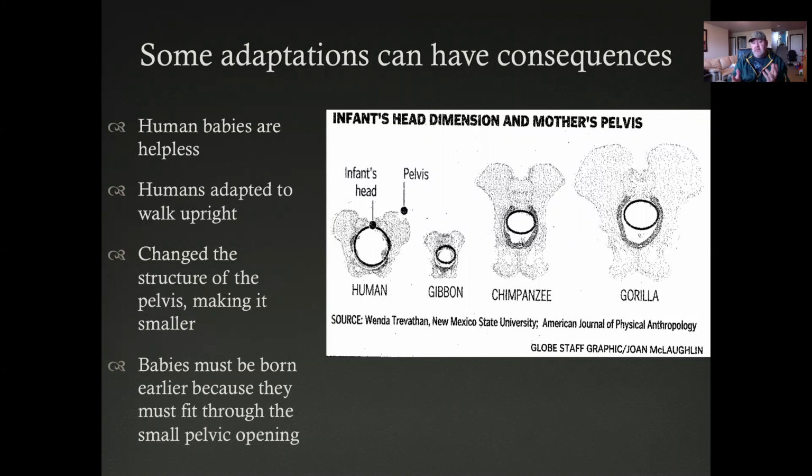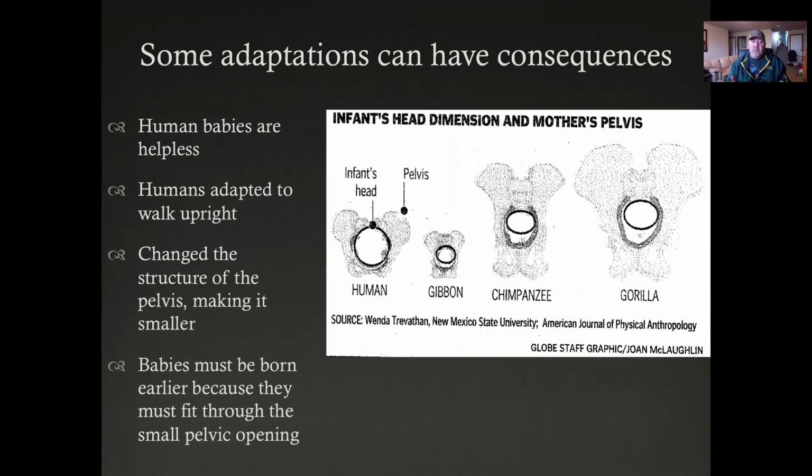If you have a baby, you can't just leave it out in the wild and expect it to survive. Humans adapted the ability to walk upright, but as they adapted, they had to be born earlier because if they became too large, an infant's head would not fit through the pelvis of the female during birth. Okay, other primates, gibbons, gorillas, chimpanzees, that's not an issue.